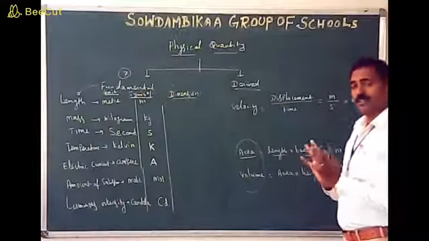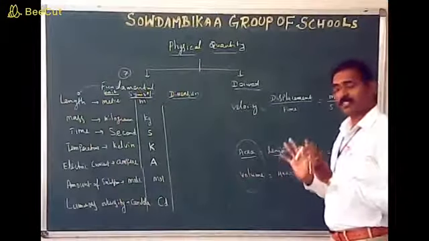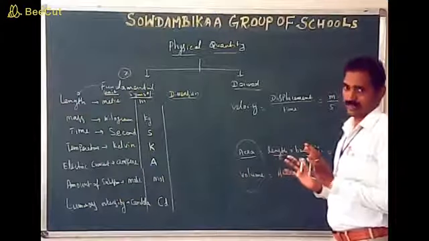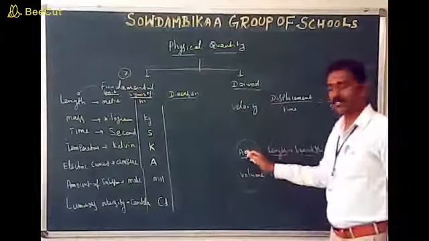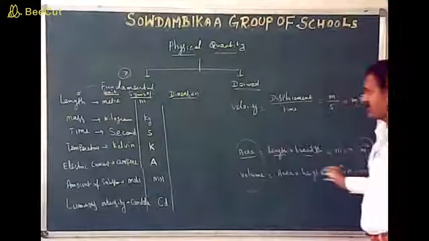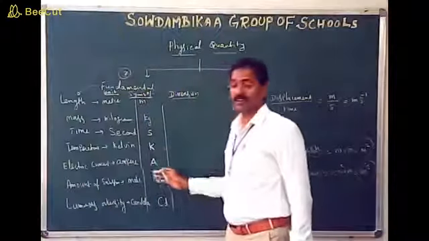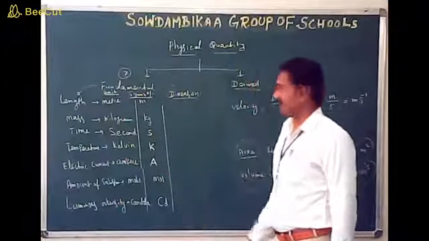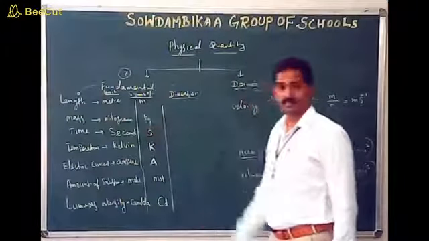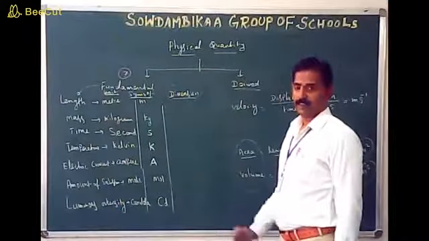So that is the understanding of quantities and units. This is a derived quantity. These are the derived units. These are the fundamental quantities. These units are the fundamental units and fundamental symbols. Now,